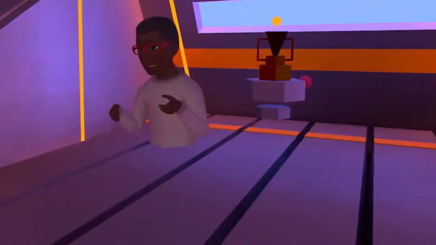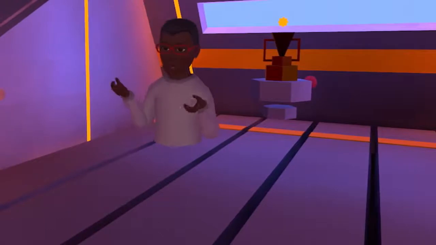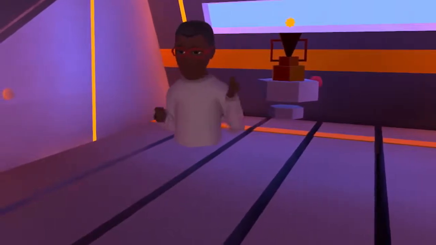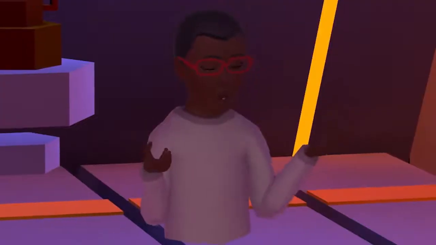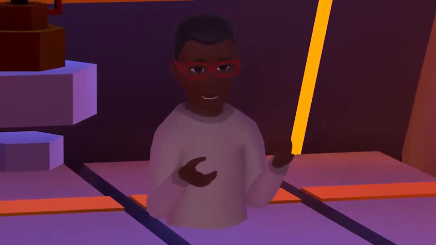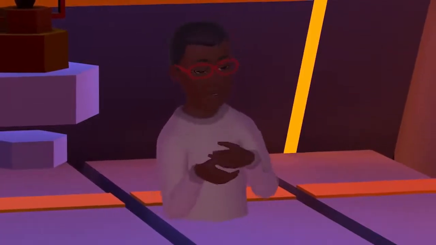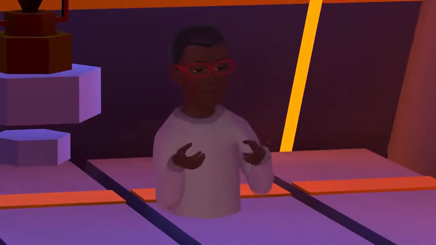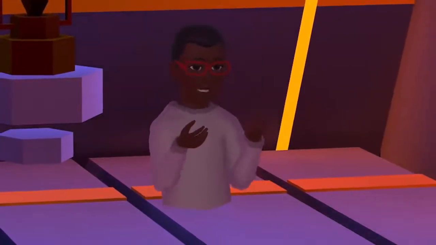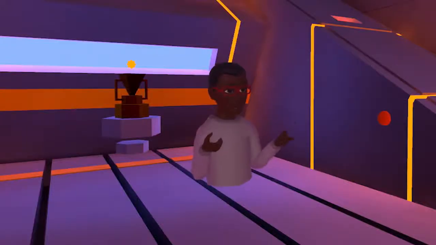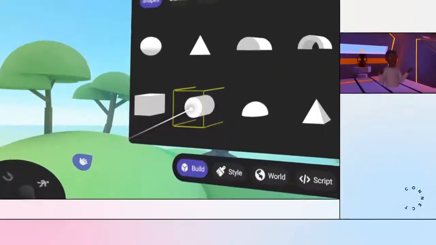When you enter the creation tools, you start in preview mode. You can move around like you normally would in any other Horizon world. To create or edit a world, you just move your joystick down on your right hand. And then you'll be able to add objects to your world, zoom in and out of them, and rotate the world around you. You can access objects to add to your world in your Create menu.